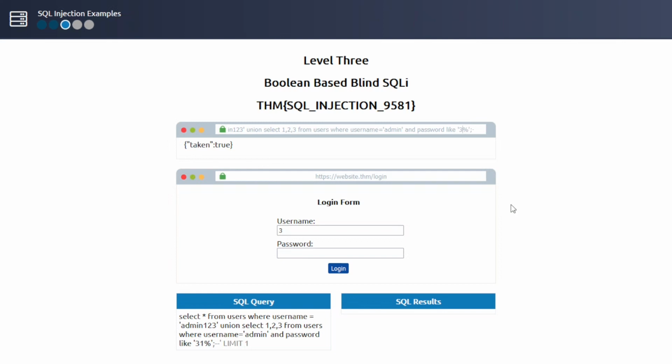I'm just gonna guess maybe it's just numbers. So 1, false, 2, false, 3, false, 4, 5, no, 6, 7, and 8 is the second character. And we can continue like that until we find these numbers. And we get the password is this one. So let's put the password